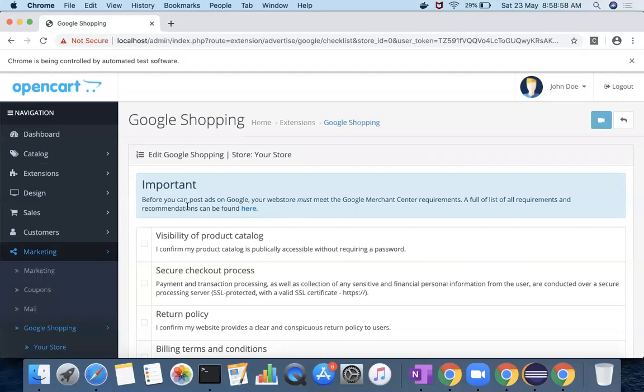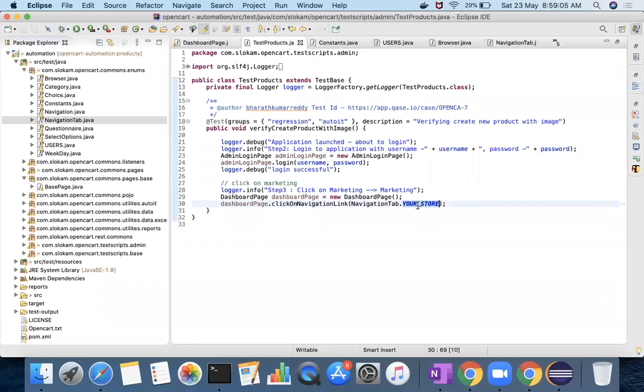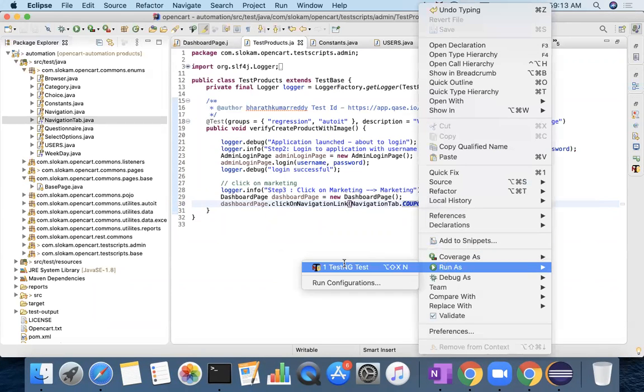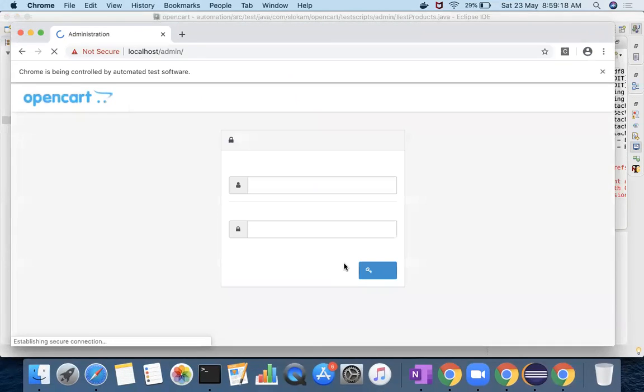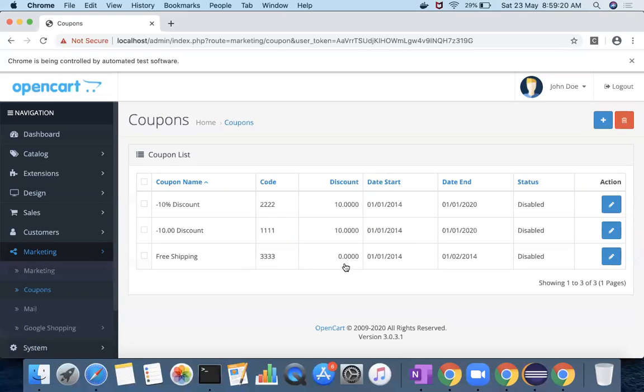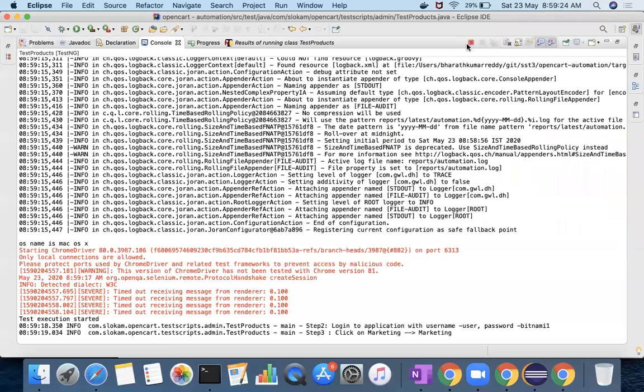You see it worked, but there is a small catch here that you have to understand. Let's say I want to click on coupons. Now it clicked on coupons, but what happened here is it's still executing and trying to click on the third one, which is having null.